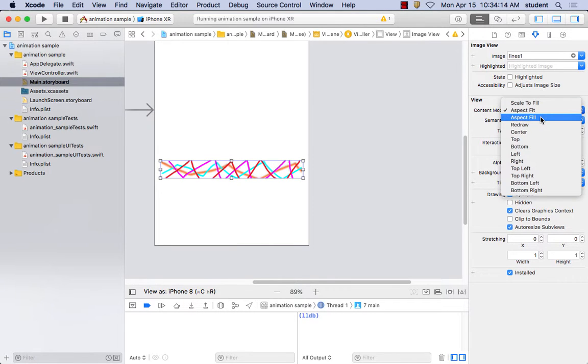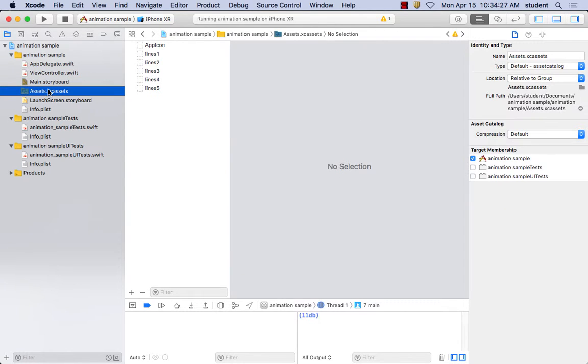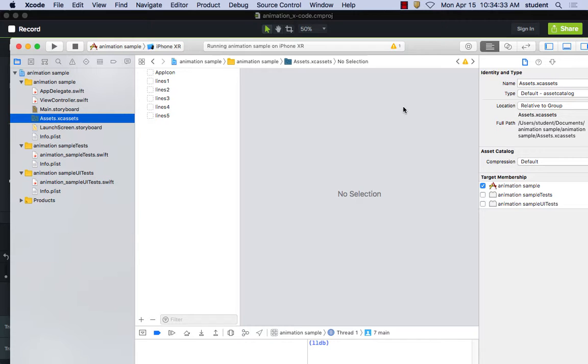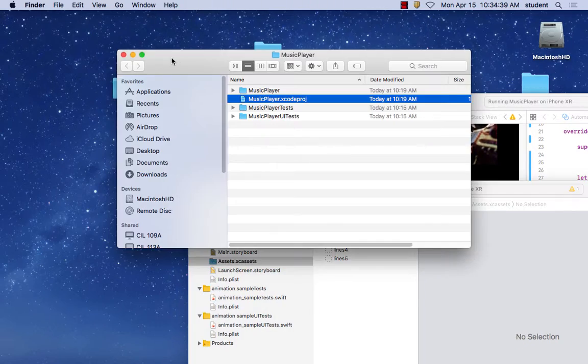I'm going to make sure it's aspect fill. Okay, next thing I'm going to do is bring my image in. So I'm going to bring my assets in again under assets. Right now we only have lines. And so I'm going to bring in, let me hide my Firefox here, and then let's hide our Camtasia here for a minute, and then let's bring in our